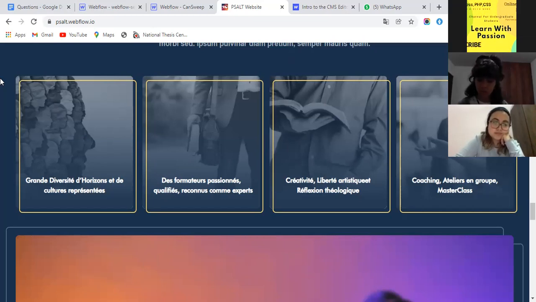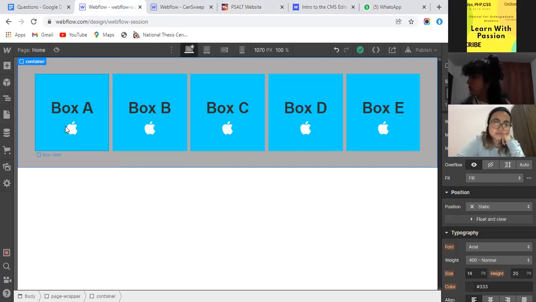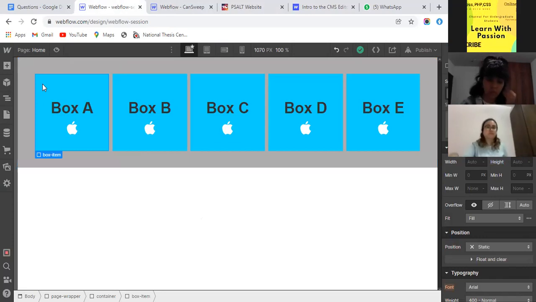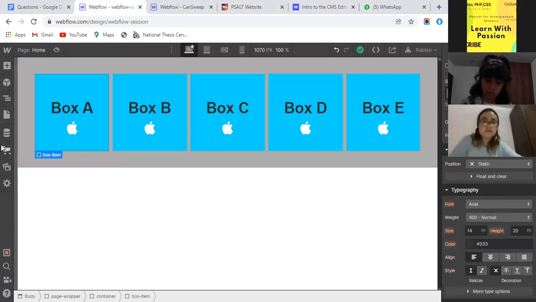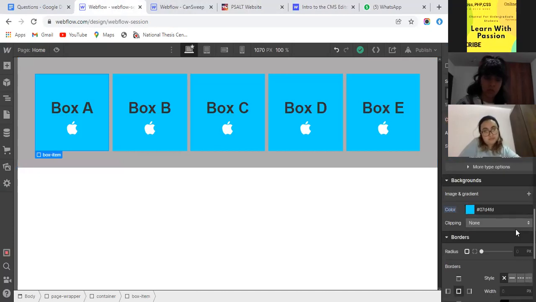If I want to make something like this, I need CSS position properties. Let me make the same thing so you can understand better. This is the box item, and I need a border like this.